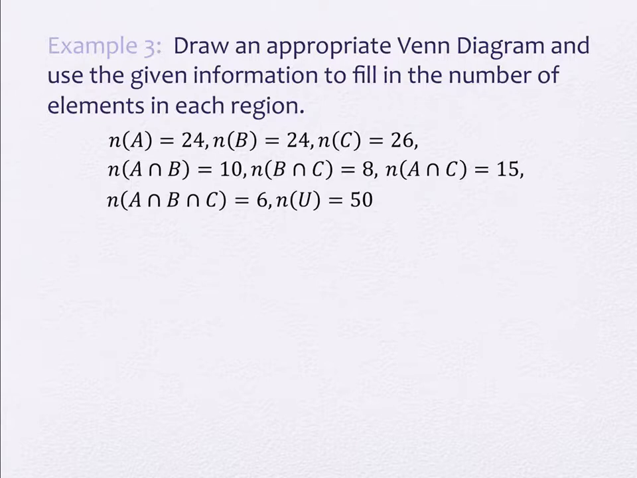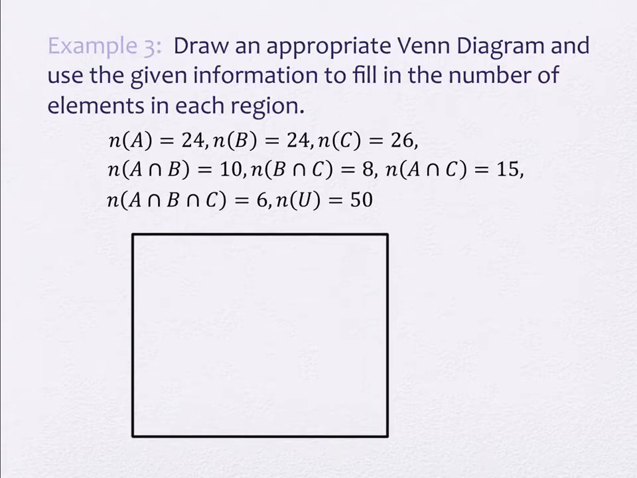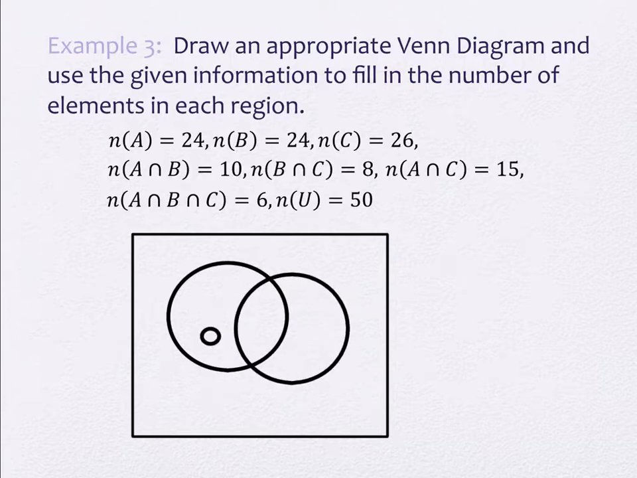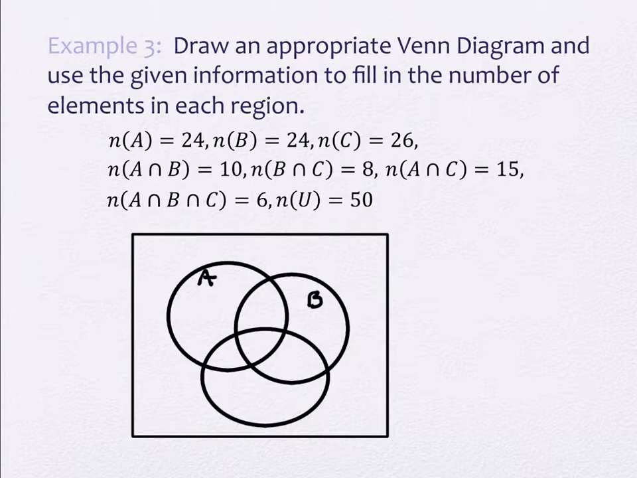All right, so this one tells us to draw an appropriate Venn diagram and use the given information to fill in the number of elements in each region. And you see the notation where it says N, and then it has the parentheses, and then it has the set names. So for starters, let's just draw the big old Venn diagram picture with the 3 overlapping circles. We won't put any numbers in it to begin with because that's actually where we're going to end. Okay, so going through this list here,